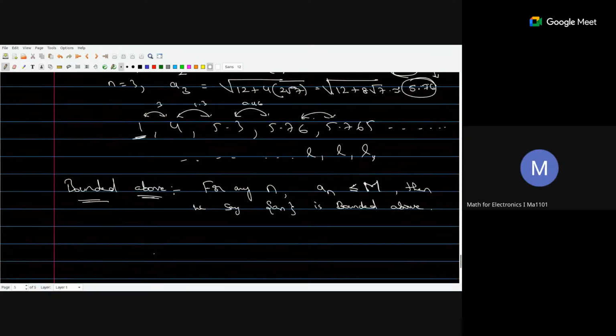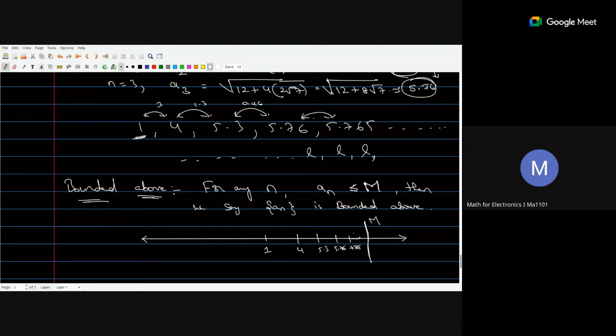Okay. So what does this mean is, on the number line, I'll show you. On the number line, if you plot your sequence numbers, let me take this sequence only. Your first number started with 1, then 4, then 5.3, 5.76, 5.765, which is like this. So if I had any m here,